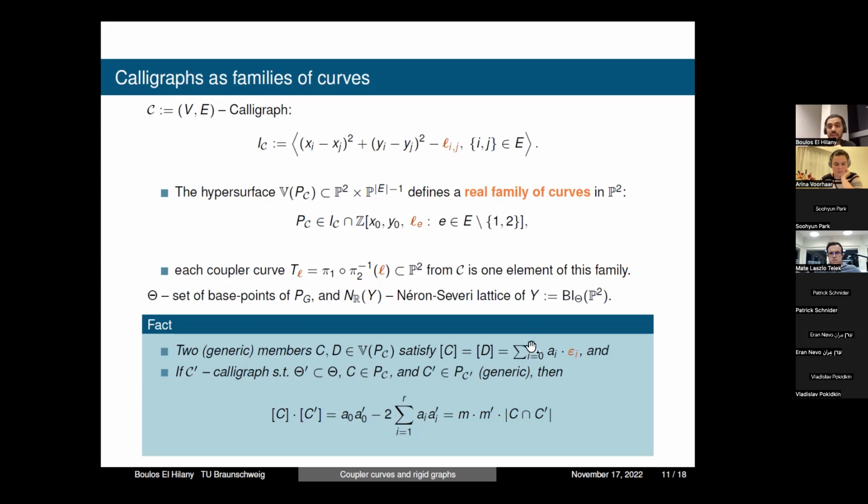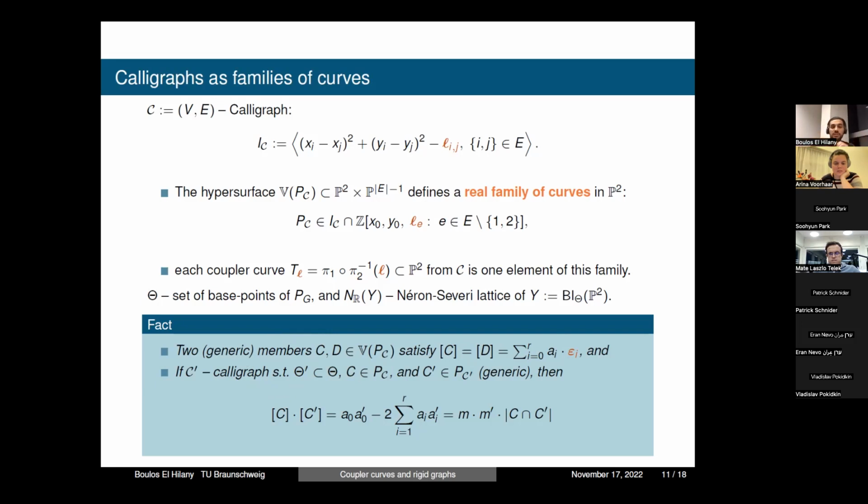This means that they define the same vector in the real Néron-Severi lattice, whose vectors are given by the base points of the calligraph. And the second fact,